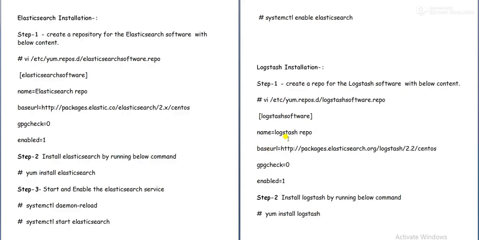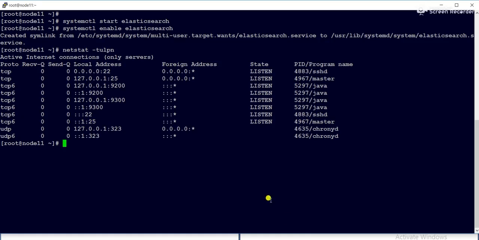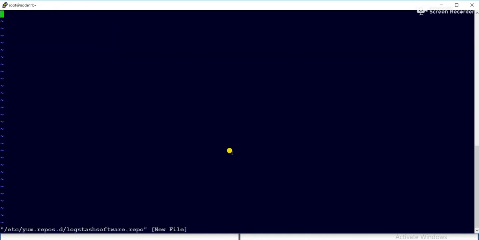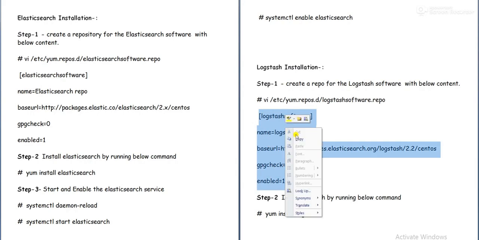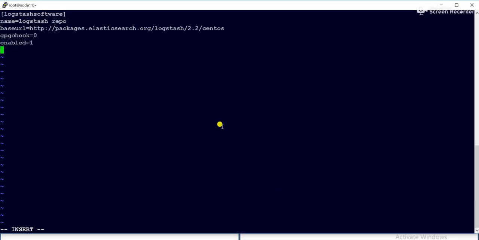Now we need to install Logstash. Like Elasticsearch, we need to create a repository under /etc/yum.repos.d. Then we'll copy and paste the whole content. Paste it. The name is Logstash repo. From this path, the Logstash package will get downloaded and installed.